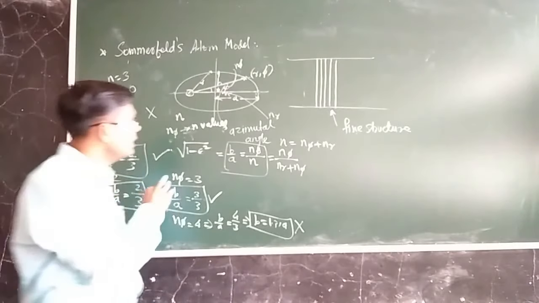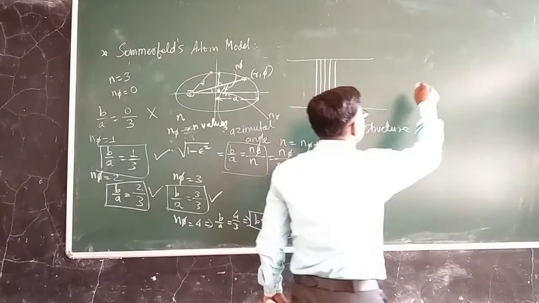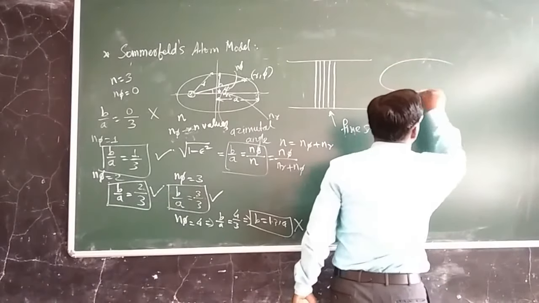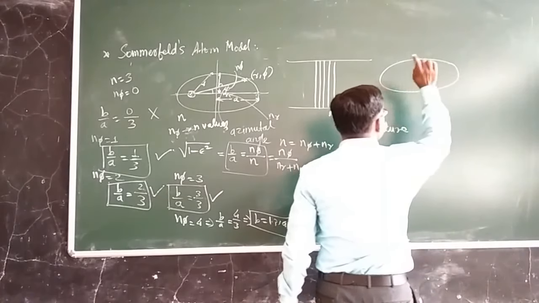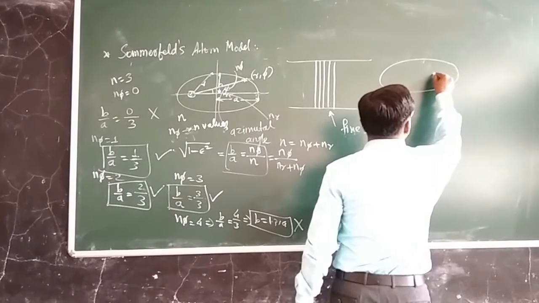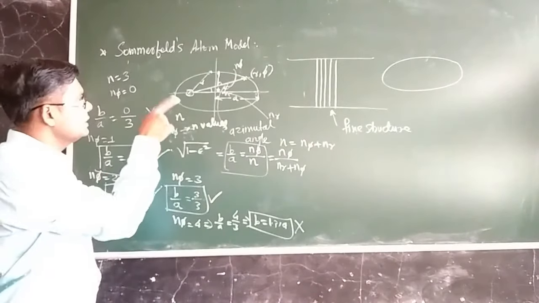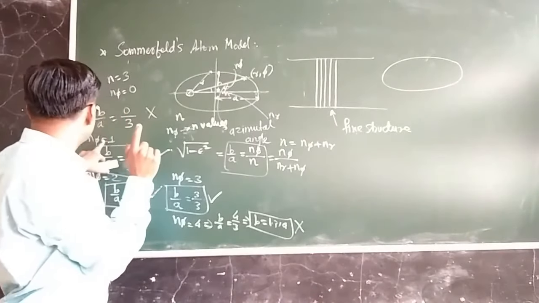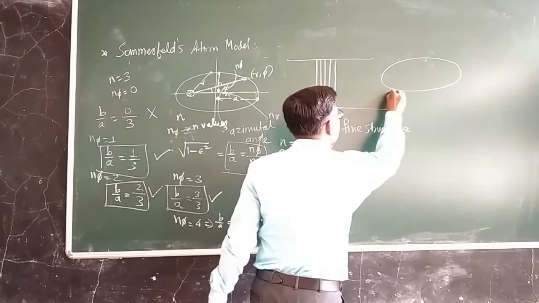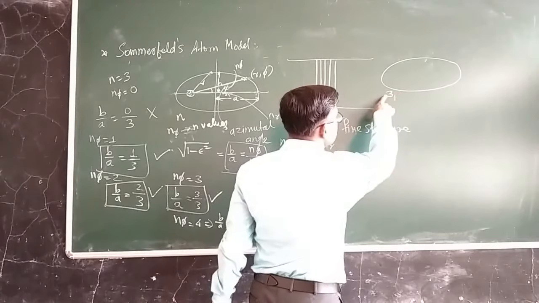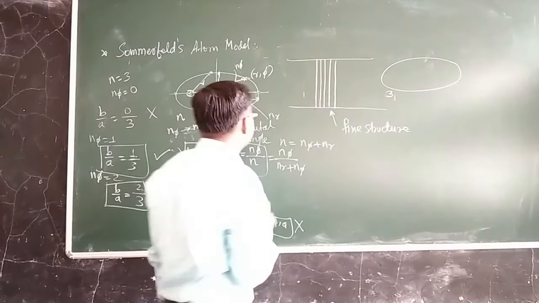If you want to draw this diagrammatically, then you see 1 by 3 means what? We will be getting the ellipse, and the nucleus will be somewhere here, for example. Okay, I will redraw after some time. So this is the case for which n phi is equal to 1. This particular case will be represented by 3 1. Okay, 3 is the principal quantum number and 1 is the value of n phi associated in this particular case.